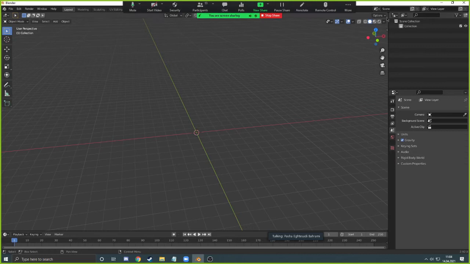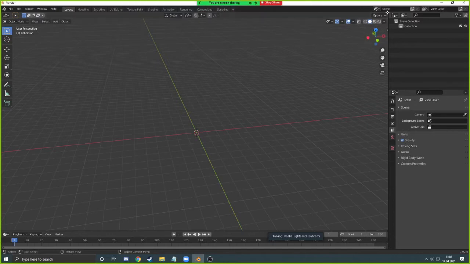The cool thing is that Blender is really customizable. So if you go with your mouse to the right corner here, you can see the corners are a bit rounded, and if you go with